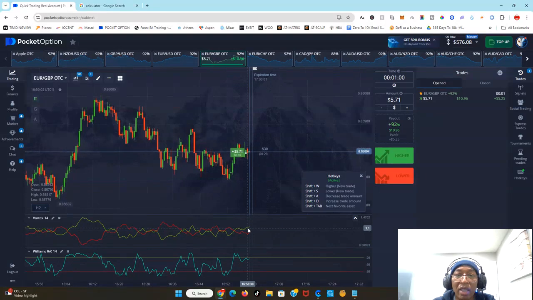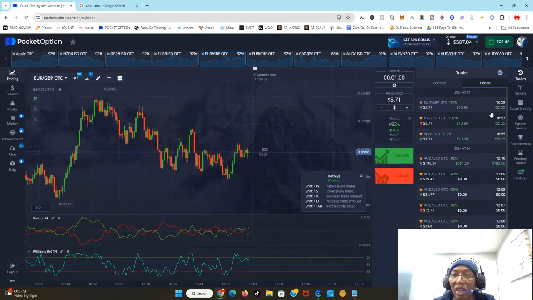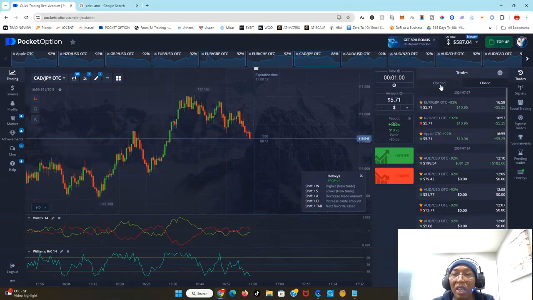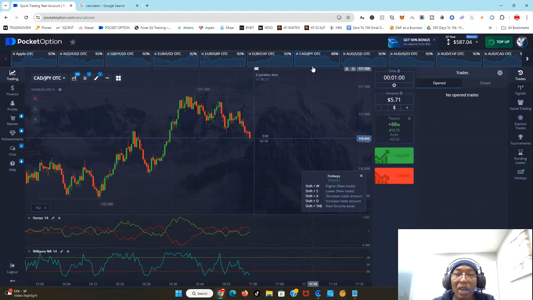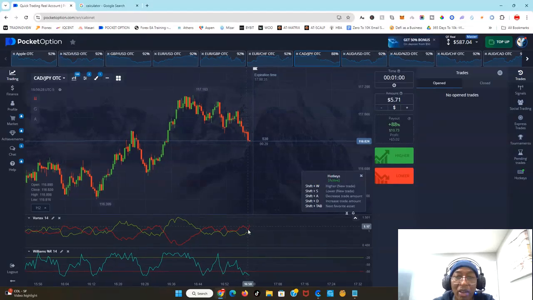Okay, let's see. Oh my goodness, it's going to be so close, and we did. Guys, it held, and so that is 2 trades. You can see we took these 3 trades and they're in the money. So we're going to go for one last final trade, because if we win that, we hit our goal. So now I have come to this pair. Okay, this is a little tricky because you can see the Vortex shows us it's downward. Now it's a strong downward trend. You can see that. So we're going to just take that trade.